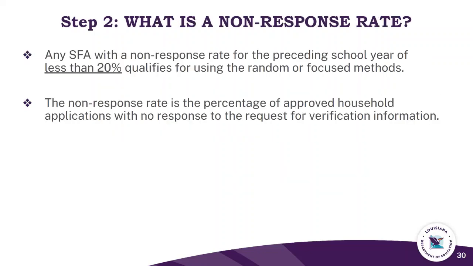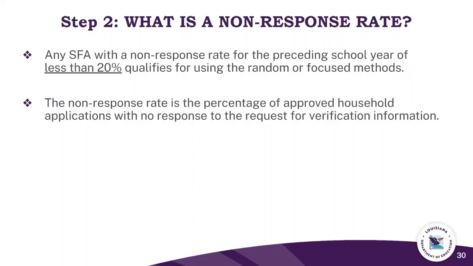What is a non-response rate? That's a percentage of the approved household applications with no response to the request for verification information. So we know that any SFA with a non-response rate of less than 20% is eligible to use one of the alternate methods. However, there's also the option to use an alternate method for any SFA with an improved non-response